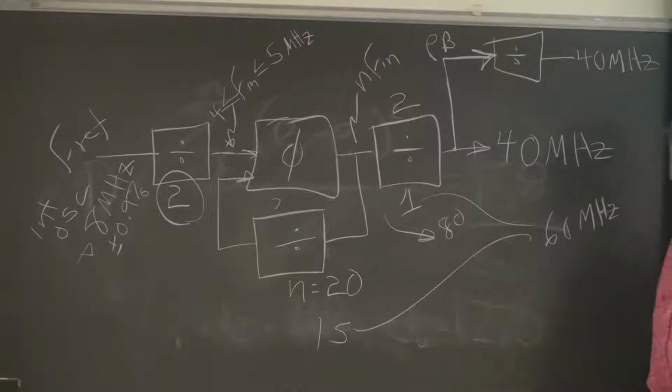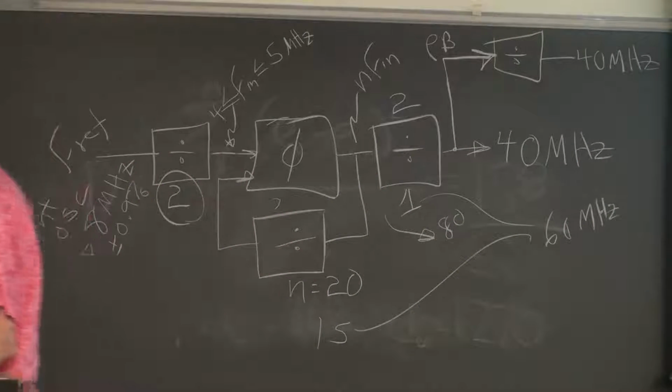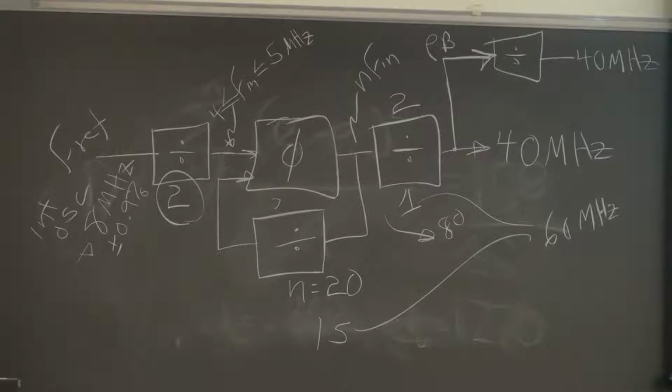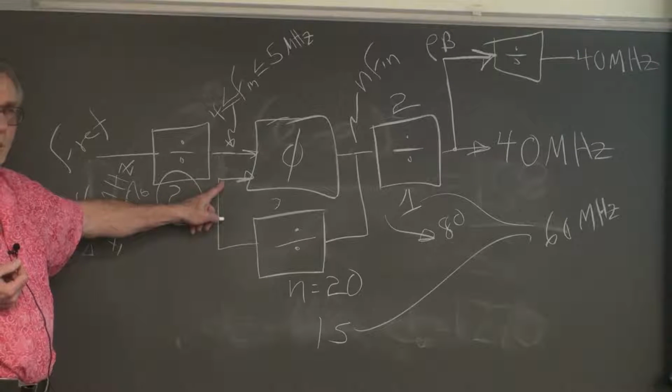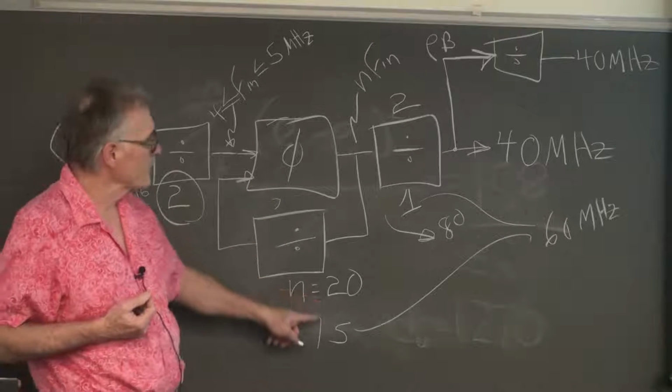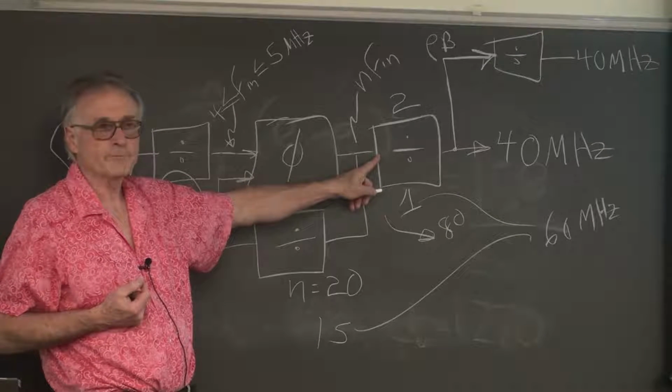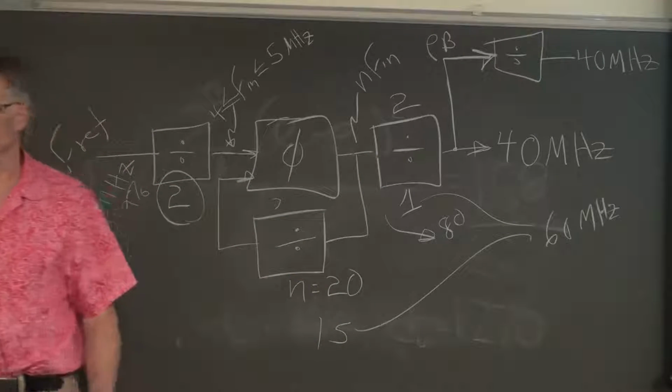Yes? The PLL multiplier goes up to 24. Up to 24. Thank you. So if you multiplied 4 times 24, you'd get 96. So then half of that would be 48 megahertz. So what's another way of getting 48 megahertz? You could just multiply 4 times 12. So you could set the multiplier to 12 and the output divider to 1. So either way would work.